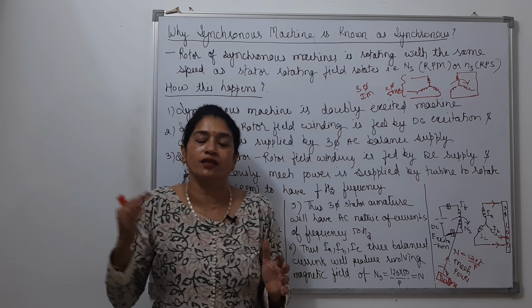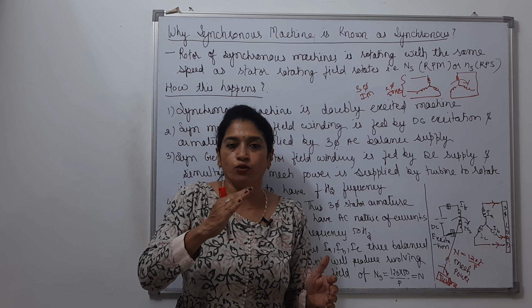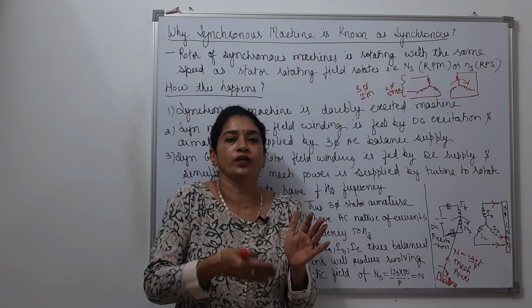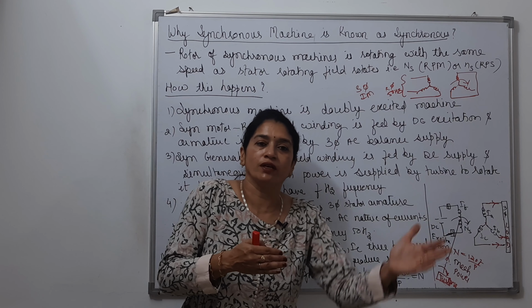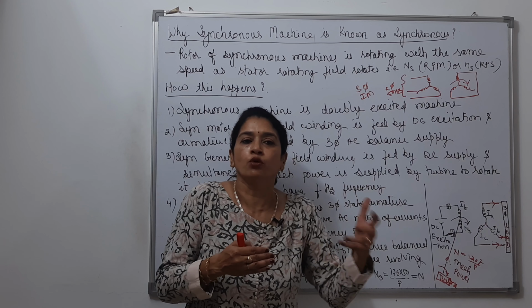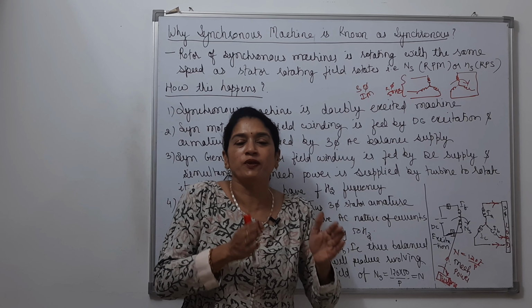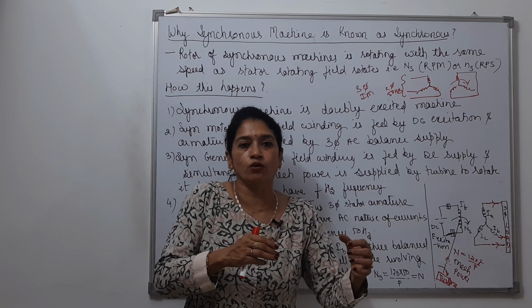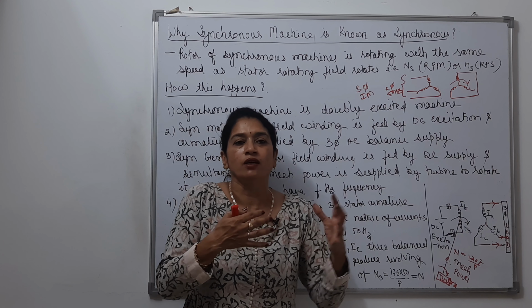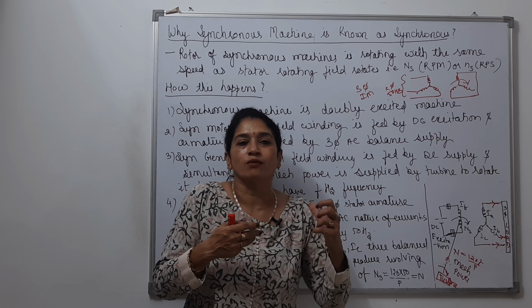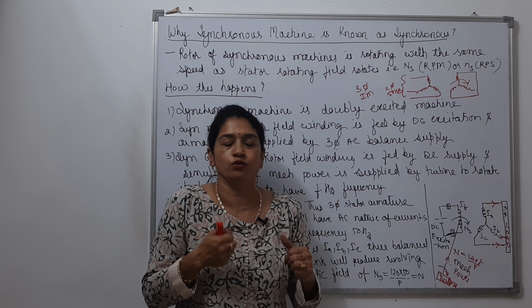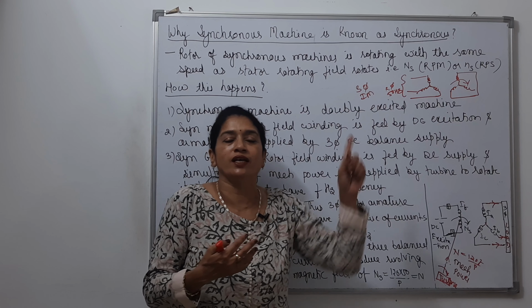The reason behind this is that one single supply is given to it. Because of that single supply, the revolving magnetic field is getting power to rotate, and part of that power is received by the rotor to rotate. There is a difference between the two powers, the power of the revolving magnetic field and the power received by the rotor. So the rotor rotates at a lesser speed, not the same speed, and where that difference of power goes is part of the losses actually. This way we can explain that